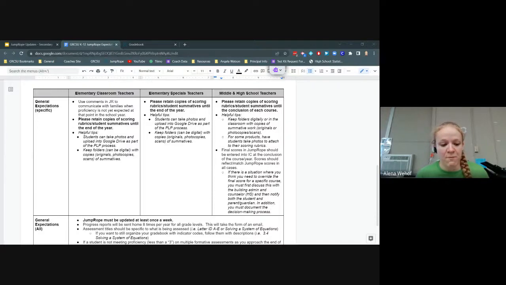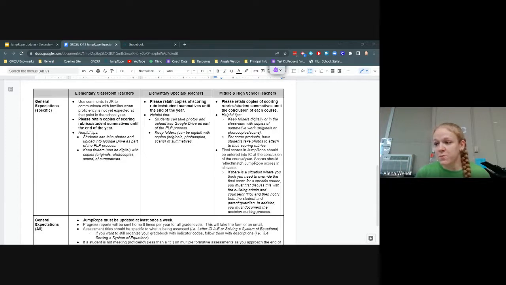So for some of you, it may be keeping a set of file folders in your classroom, and whenever students do a summative assessment, after you go over them with the students, you recollect them and put them in their class file folders. Some people, if you're doing all of the stuff through Google Classroom and everything's digital, well, then everything is already saved there, so that's nice and easy to go.